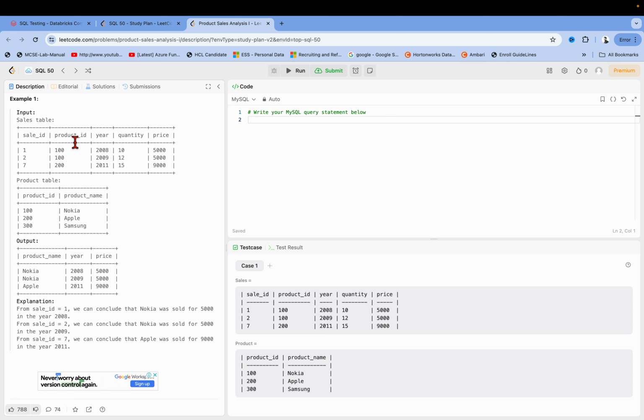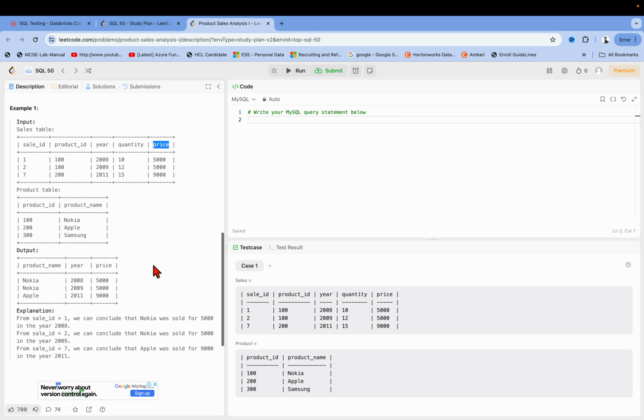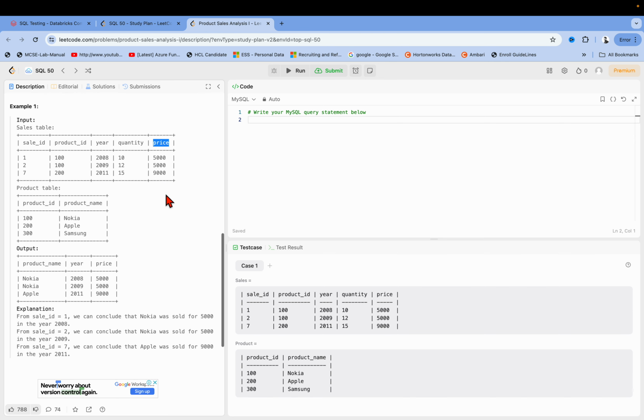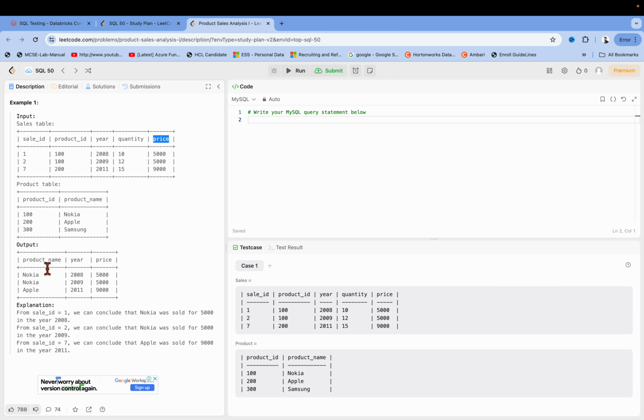So from this table, product name and year should be from the Sales table, and price. So it looks like it should be an inner join. Okay, so let's try. We need product name, so